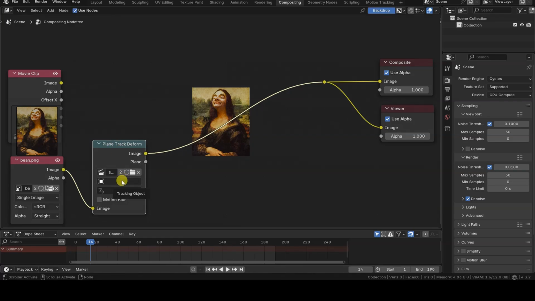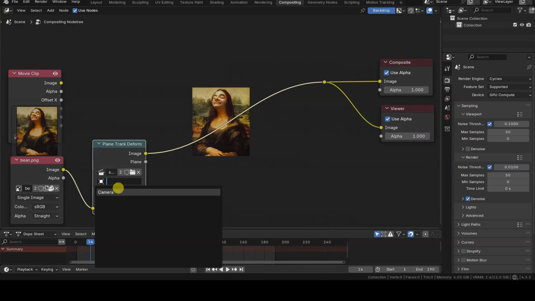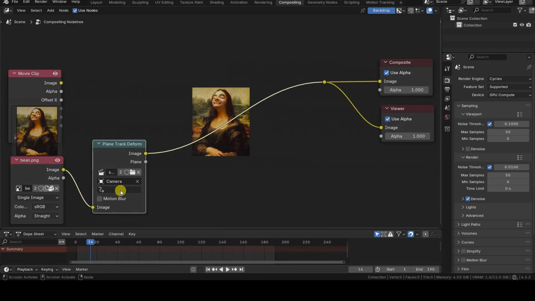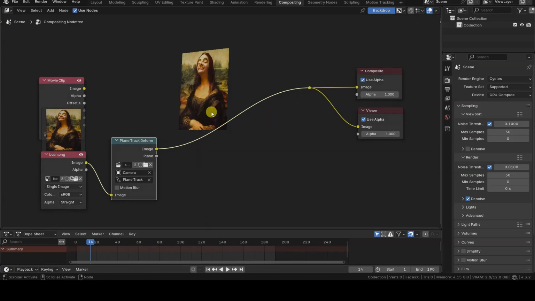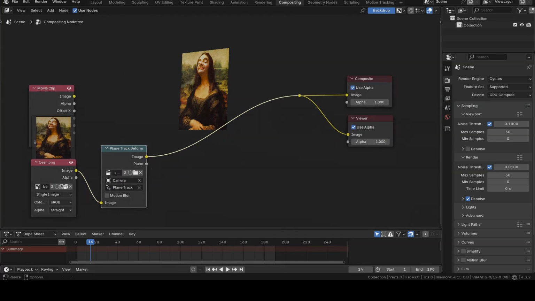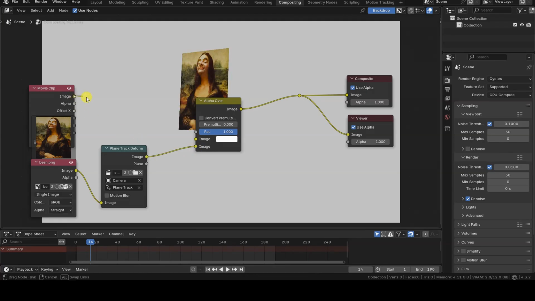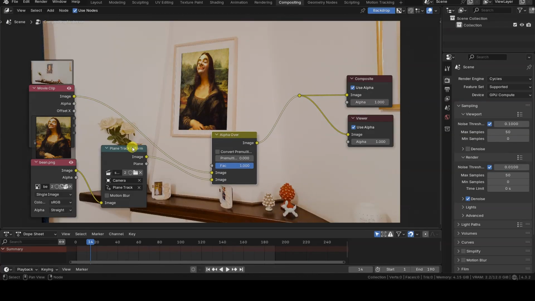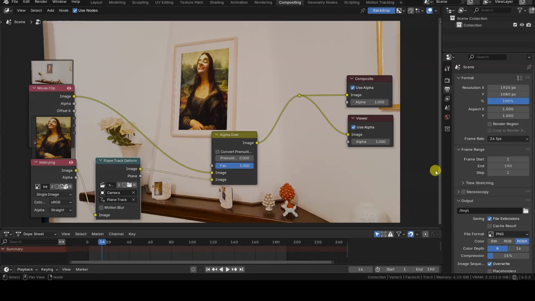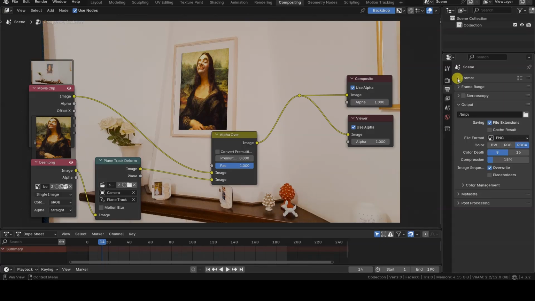You can include multiple such planes in a single project. Note that both the camera and the plane are objects from the movie clip editor, not 3D objects in the Blender scene. To overlay the image onto the original footage, I use an alpha over node, specifically by connecting the image to the second image input of that node. Now the preview is clearly visible in the editor's backdrop. I then set the output resolution to match the original footage, along with the other output file settings, before starting the animation rendering from the render menu.